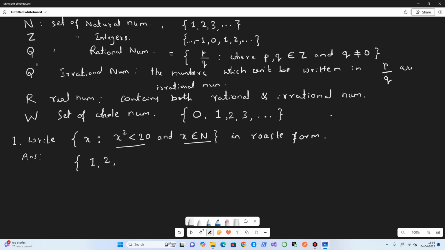What about 3 square less than 20, yes, 3. And 4 square, 16, less than 20, yes. But 5 square is not less than 20, so I will stop here. So 1, 2, 3, 4 is the roster form for this set builder form.